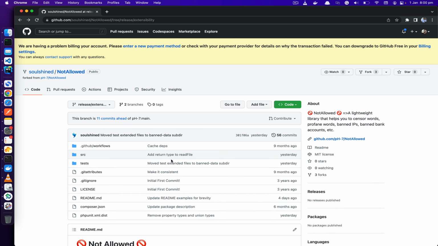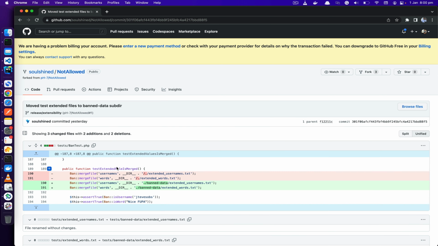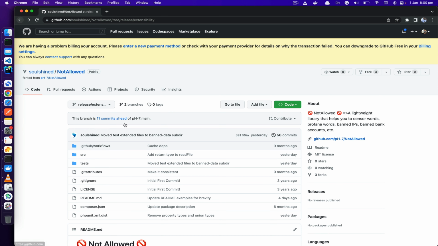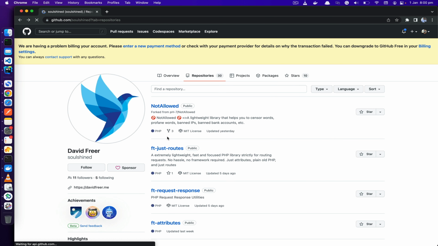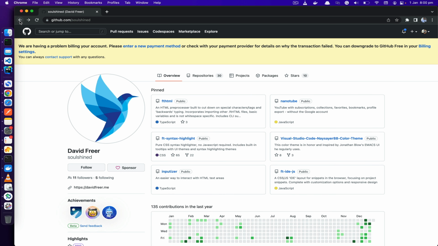And he did a few changes. You see, I left some comments. So here, move test extended, I suggested he move it to a different folder. And there were a few other things, and he was really reactive, and it's really good to see this. The changes he did were really nice, because I believe I will merge them also in my repository,